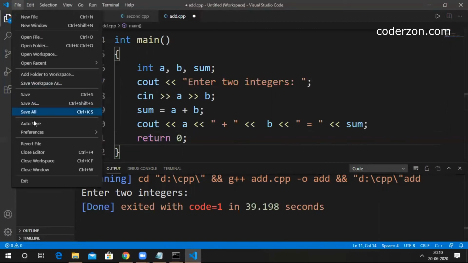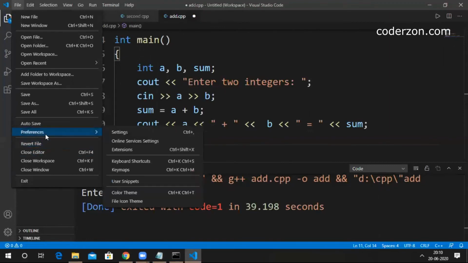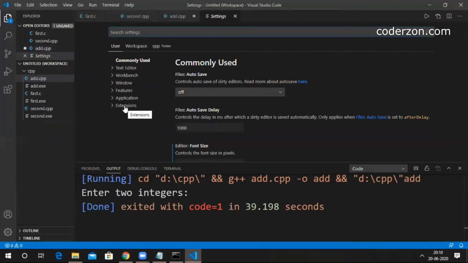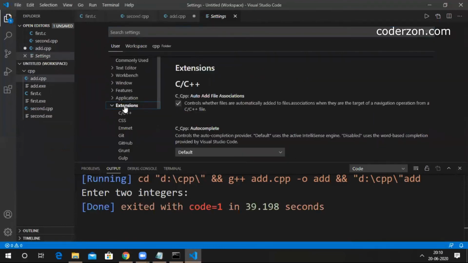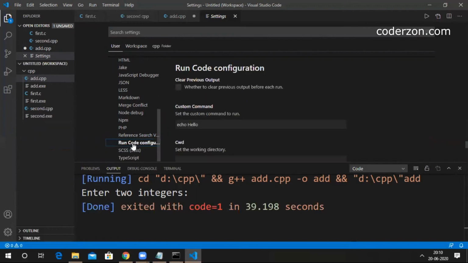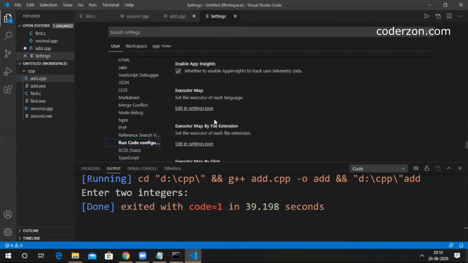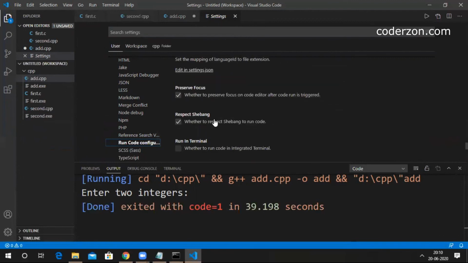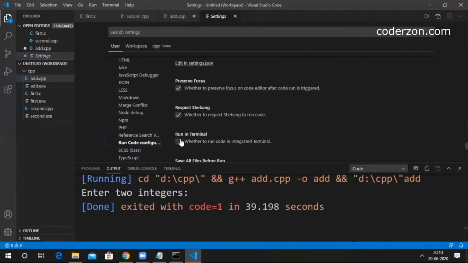I'm opening the settings. Go to the preference settings. Here we can see extensions. In the extensions we can see Run Code configuration. Here, if we scroll down we can see run in terminal.